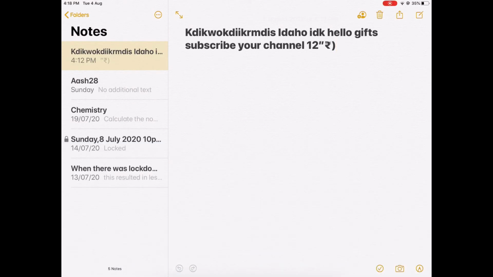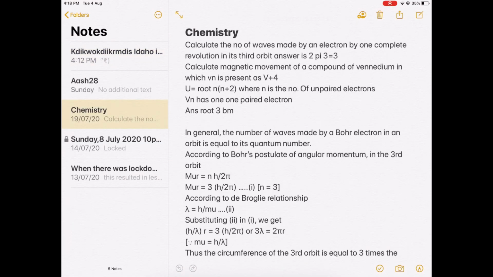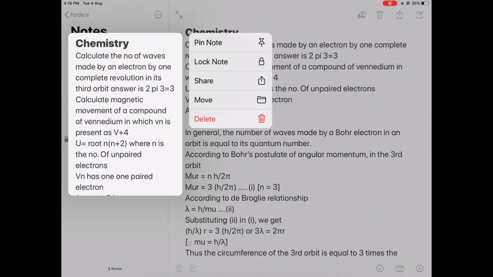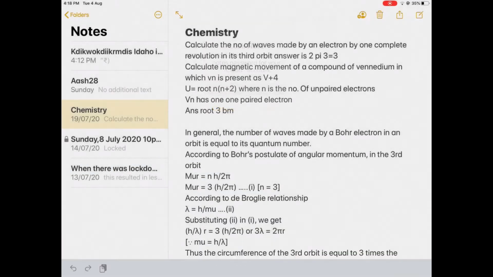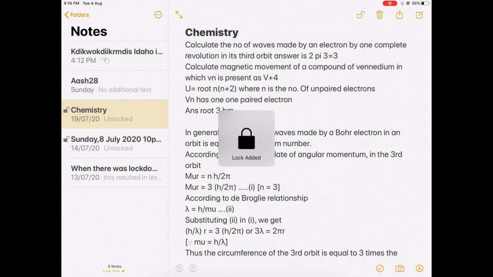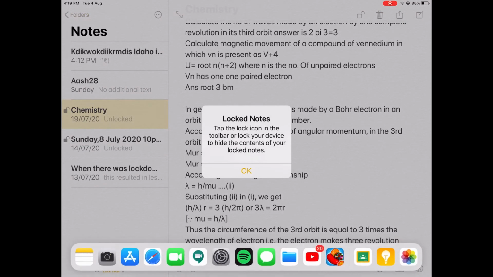You can also lock your notes if you like privacy. Like I go to this chemistry note and I have to long press on it, then choose lock note over here. Then I will type my password. Then my note is locked.